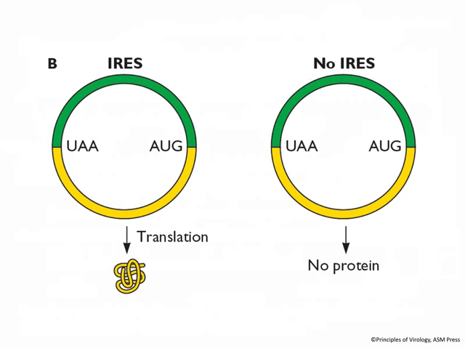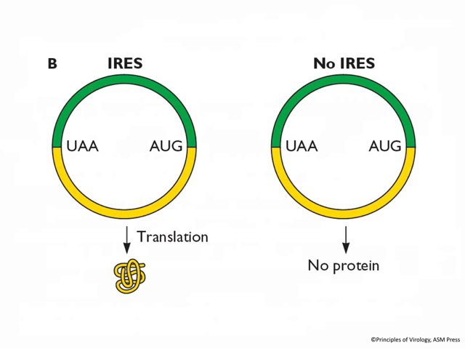So we have two mRNAs that have been circularized. They both encode a protein. The open reading frame is in yellow. The RNA on the right doesn't have an internal ribosome entry site, and if you put this in cells, it is not translated because there's no way for the ribosomes to attach. They need a cap, unless there's an IRES, as shown on the left. You put an IRES on this circle, the ribosomes can bind internally, and then they can access the AUG and make the protein. So this is a real phenomenon in not only virus-infected cells.